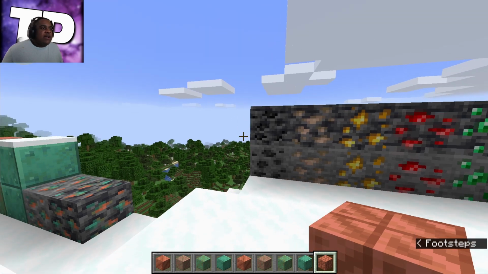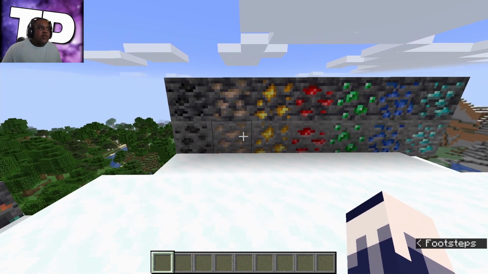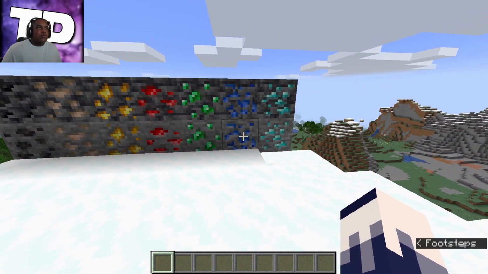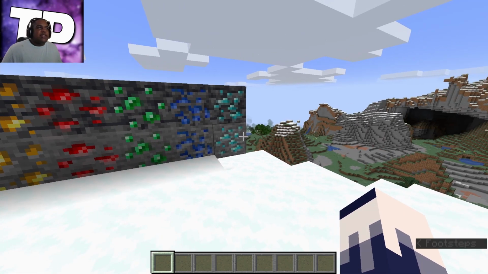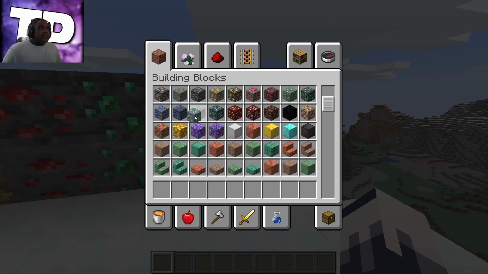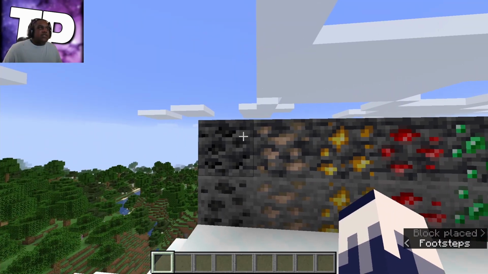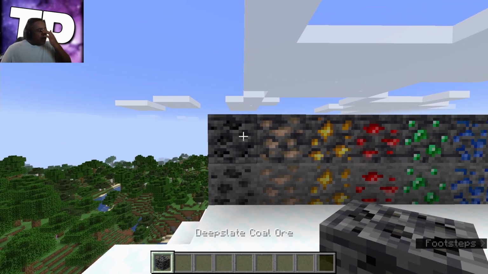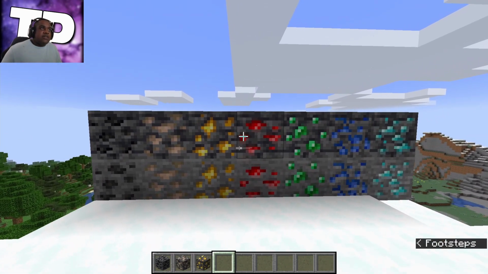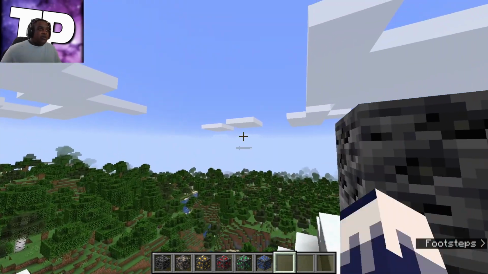So we're moving on now to the different ores. And for the different ores, we have the normal variants, which have gotten a major reworking. So coal, iron, gold, redstone, emeralds, lapis, and diamond have all gotten a reworking. But as you'll also notice, we've gotten a new variant to each of these, which is the deep slate variant, which you'll find really deep below in the caves. Which sadly we do not have those new caves yet. We are waiting for that in the